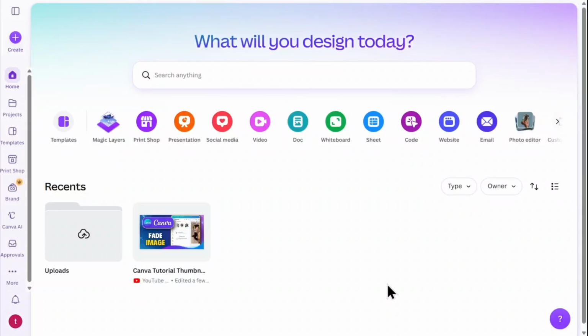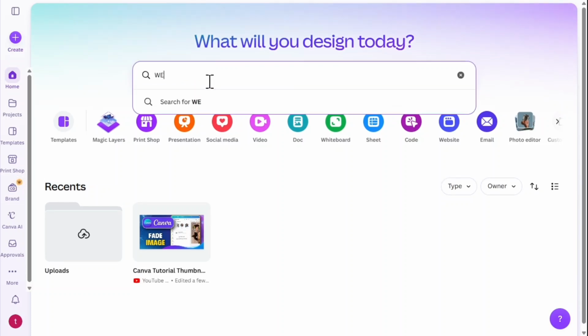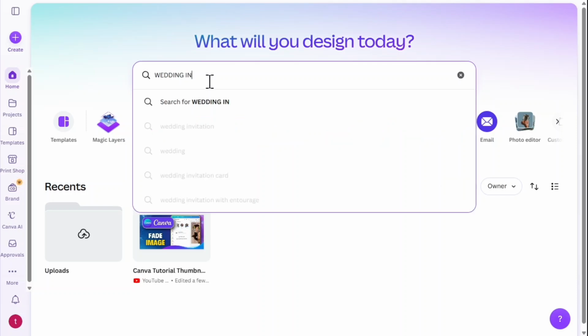In this video, I will be showing you how to create an invitation card in Canva. Let's get started. First, I head over to the main search bar on the Canva homepage and type in wedding invitation. As I type, Canva shows several helpful suggestions below, but I go ahead and search directly to view all